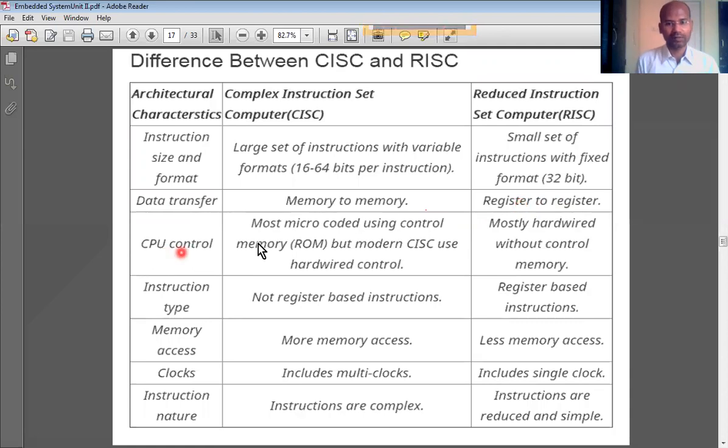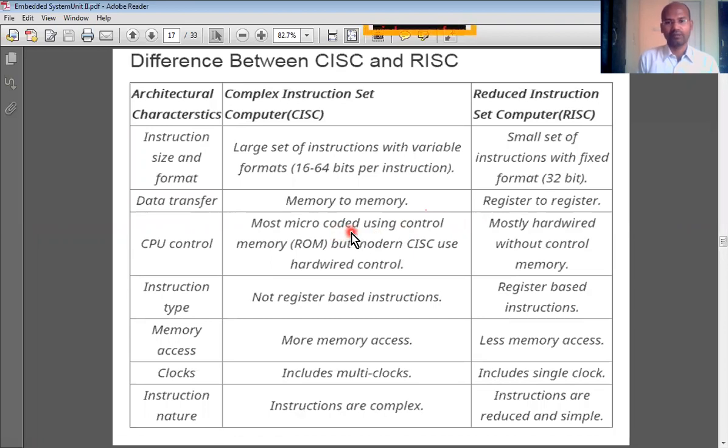Next, CPU control. Most CISC use microcode using control memory, but modern CISC use hardwired control also. So just now we said to fetch the data from one location and store that into one of the registers, to fetch the second data from another location and store that into a second register. These are two steps. Like that we may have 5 steps or 6 steps to execute one CISC instruction. Although we are writing just add A B C, where A B C are memory locations, internally we have to have